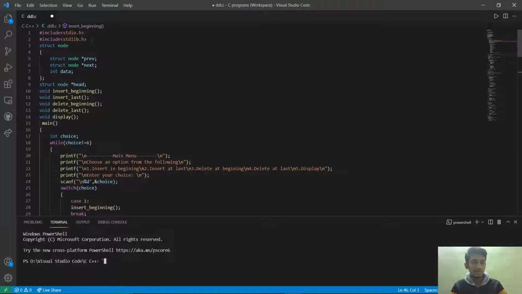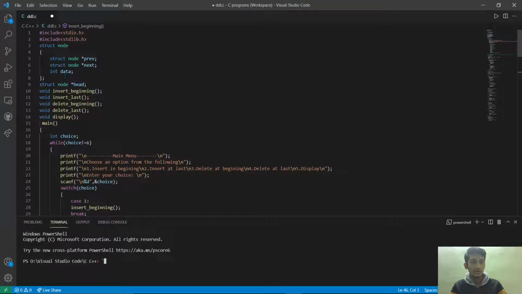Include stdio.h and stdlib.h; the standard library header files are used here. The standard library file is used for creating memory space using the malloc function. Then struct node: I'm just declaring a node using the data type struct, and previous is to connect the previous node address, and next is used for the next node address.